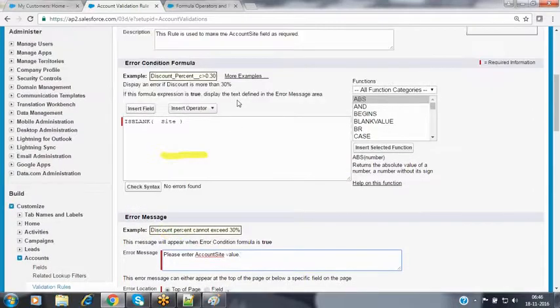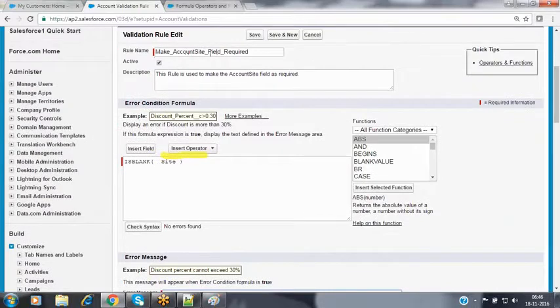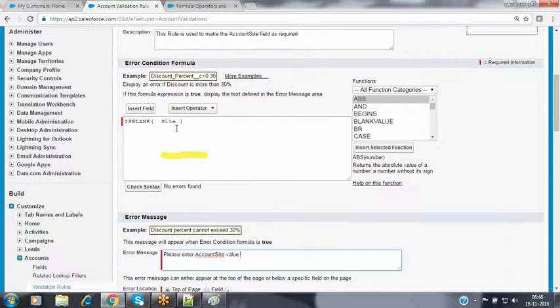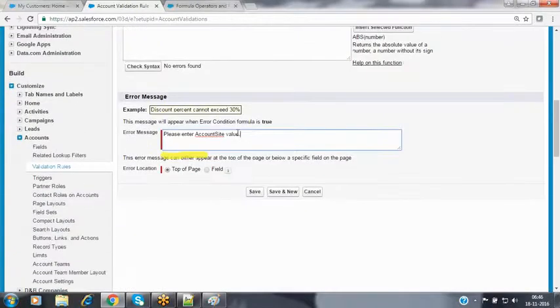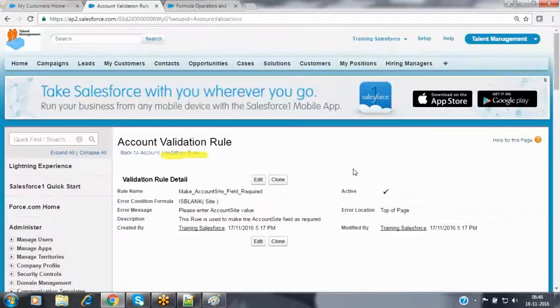Once you have entered that, simply enter the validation rule name and the description. Description is not mandatory, but it is always recommended to give some comment on that functionality, so that in future we can get some idea of the purpose of this validation rule. No need to look into the code; just by observing the name itself, we can get some information. Specify the validation condition, the error message, and the location where you want to show that error message. Now click on save. Your validation is done. One validation rule we have created.